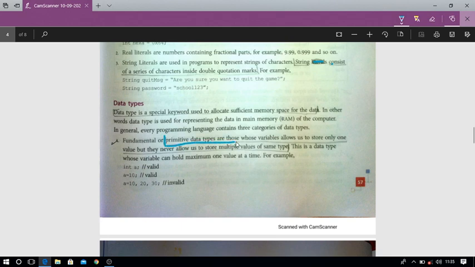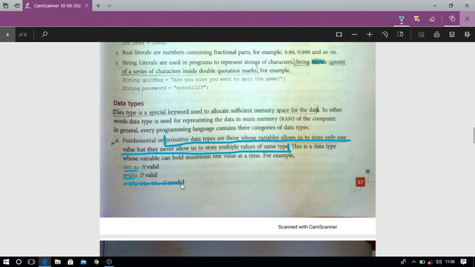Primitive data types are those whose variable allows us to store only one value, but they never allow us to store multiple values of the same type. That means if you have a data type, you can store only one value in it. Suppose here is an example of a data type: int a equals 10.